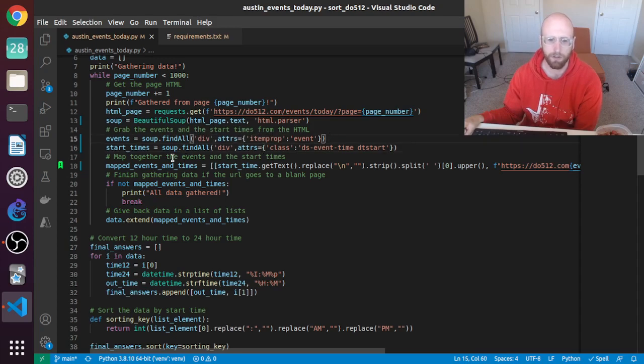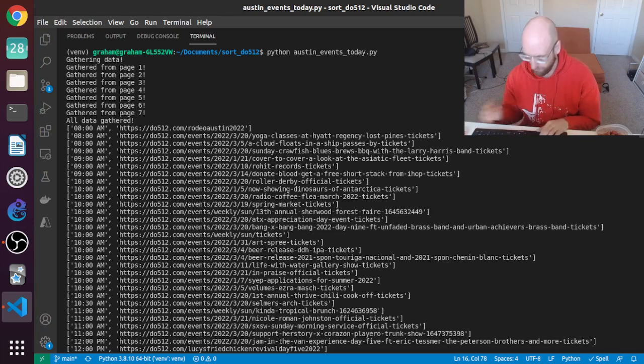These two aren't aligning. We've got the events, but we don't have the start times aligned properly. If we do a length of events,